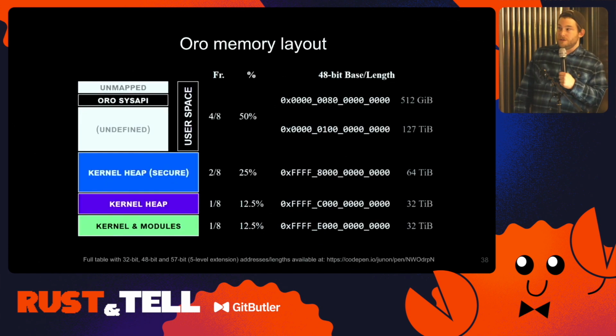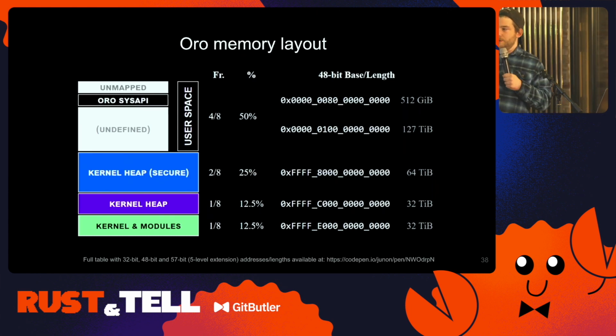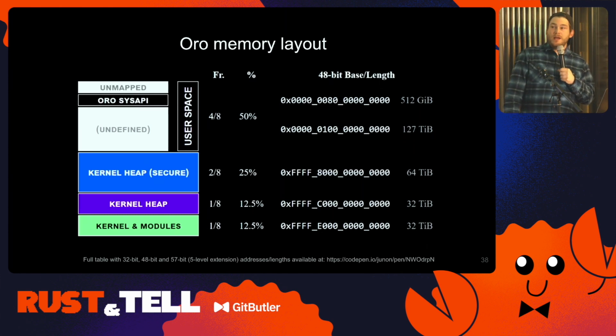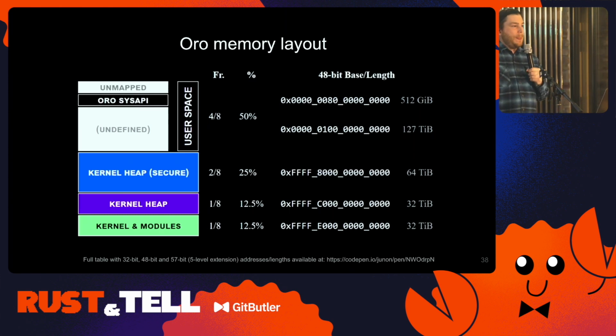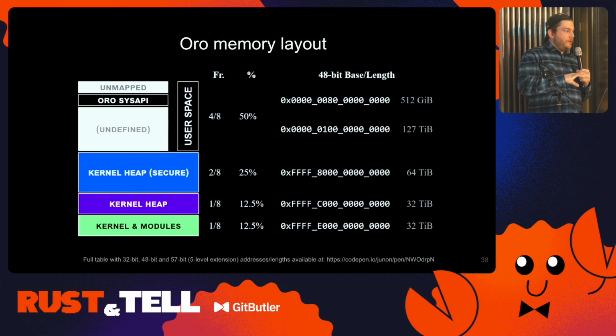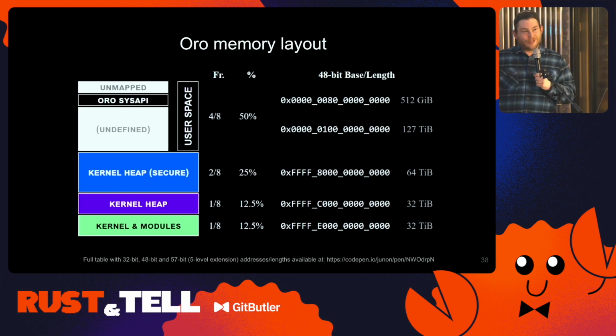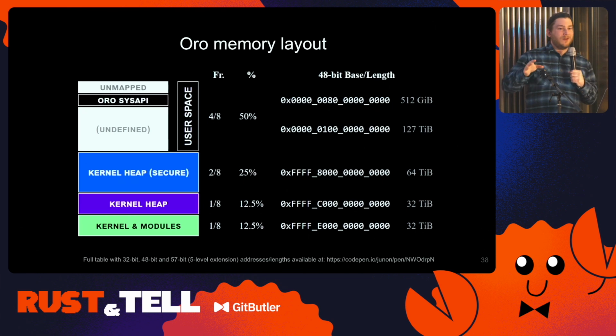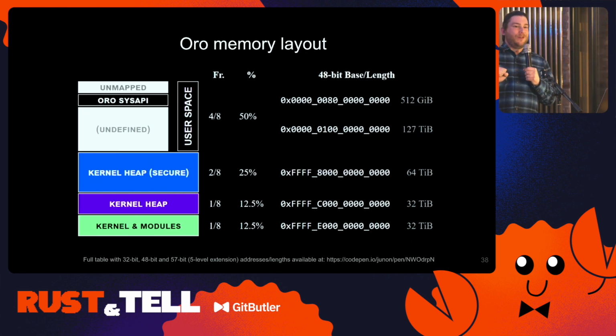Versus the Oro kernel has a very specific memory layout that it requires and will enforce. And so it knows that the boot protocol is going to live here, right? It's at the very top of this blue block. That's where it's going to look for it when it boots up. So you have to make sure that you're not overwriting your own memory when you're writing memory for the kernel to use when it boots up. And you also have to make sure that wherever you're writing it in the current memory layout, it exists in the right spot in the target memory layout.